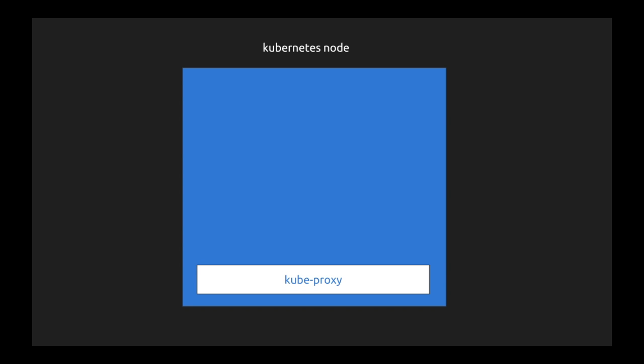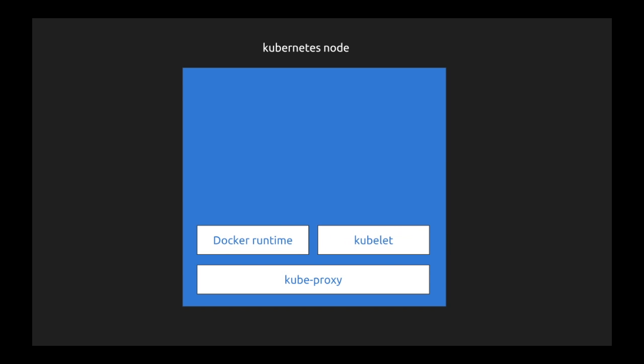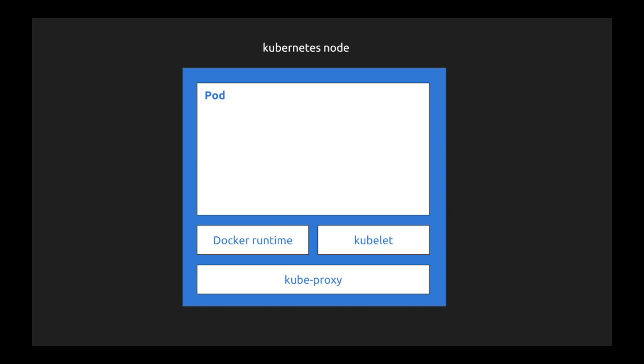The first one obviously was the kube proxy. The kube proxy is the networking proxy which we saw earlier as well. The next component is the Docker runtime, and again the kubelet. So kubelet is going to be a daemon process which will be interacting with the master and retrieving all the tasks, and then the kubelet will do API calls to the API server in order to retrieve information about the container runtimes. So over this, there is a concept of pods.